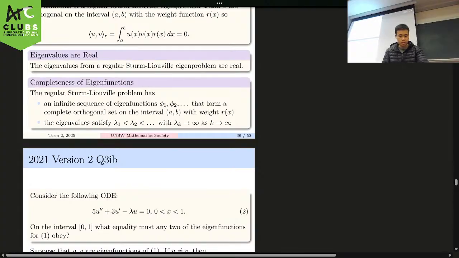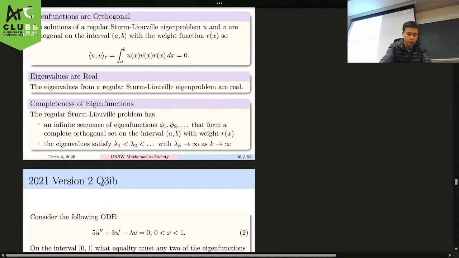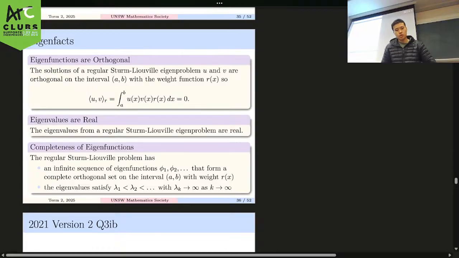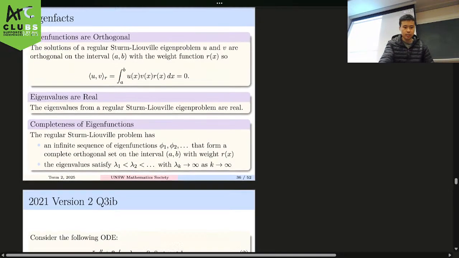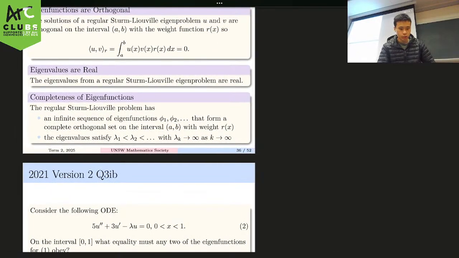It's the same one, on this interval. What equality must any two eigenfunctions obey? It's really just remembering what we just said from the previous facts. Any two functions must be orthogonal to each other. Writing that in integral notation, the inner product must be 0, or the integral from 0 to 1 of, let's say u and v are eigenfunctions,